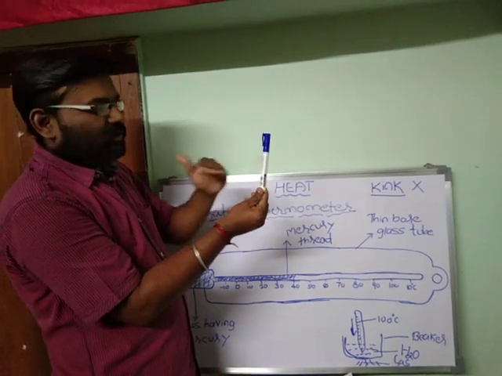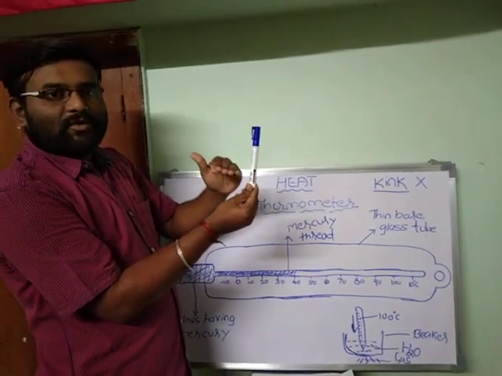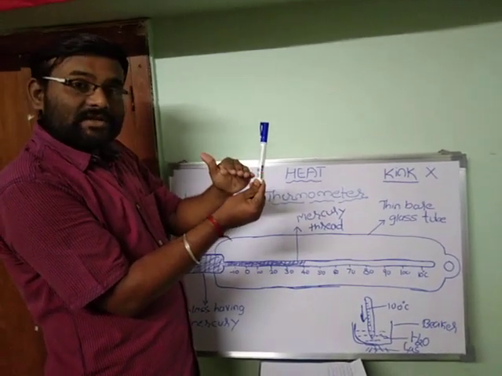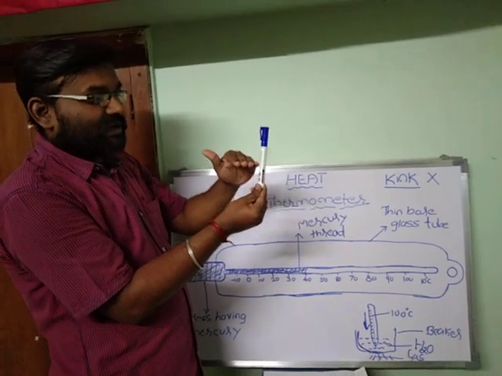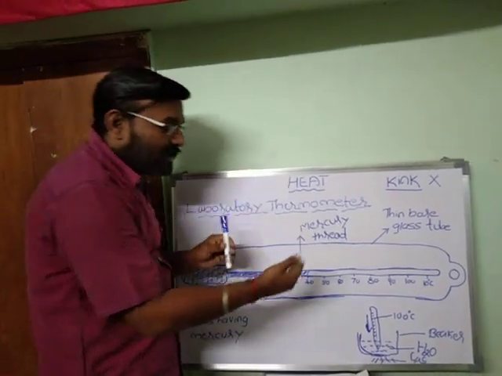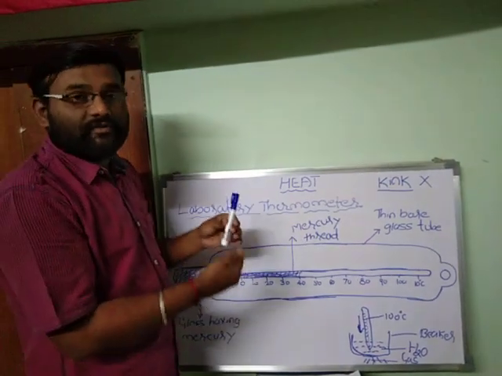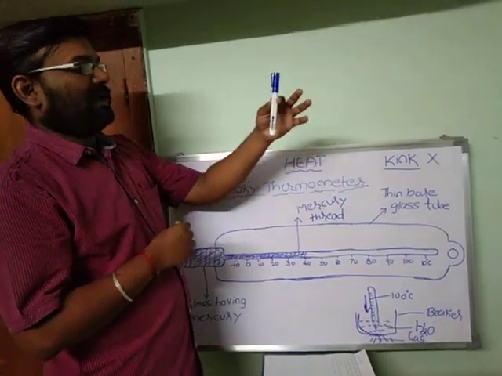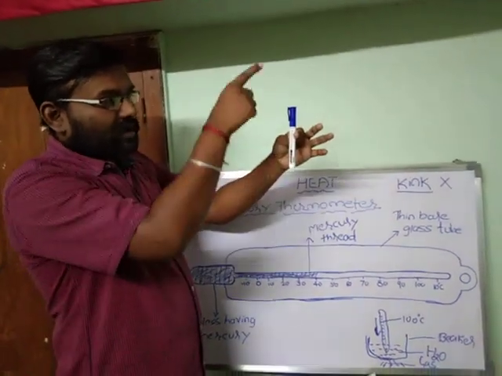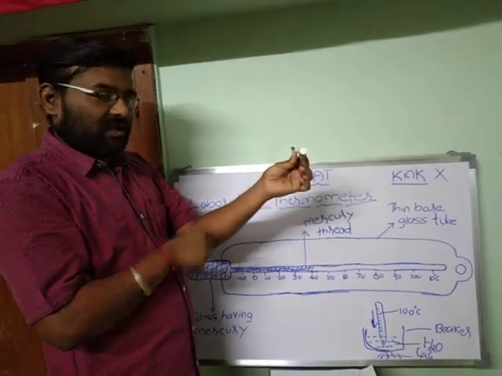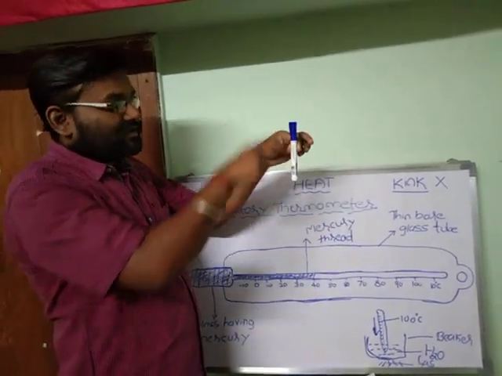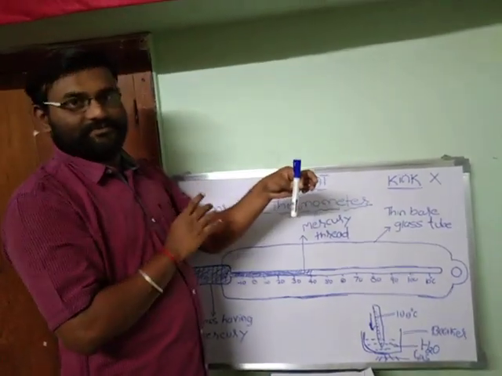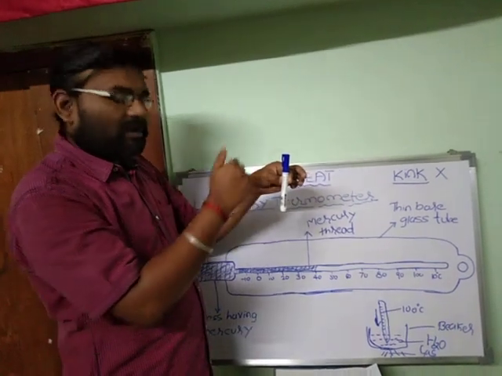Because as a human being, we too possess a certain amount of body temperature. If you hold it at the bulb, our body temperature adds to this and mercury again starts rising. That time we may not get the exact value for which we are doing the experiment. Hence, we should hold the laboratory thermometer vertically only, not horizontally. This is the wrong position. This is the correct position of holding the laboratory thermometer. Coming to the next point.